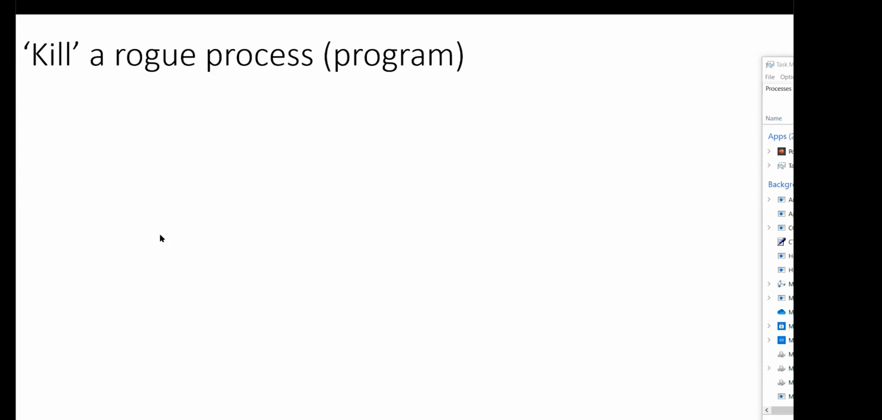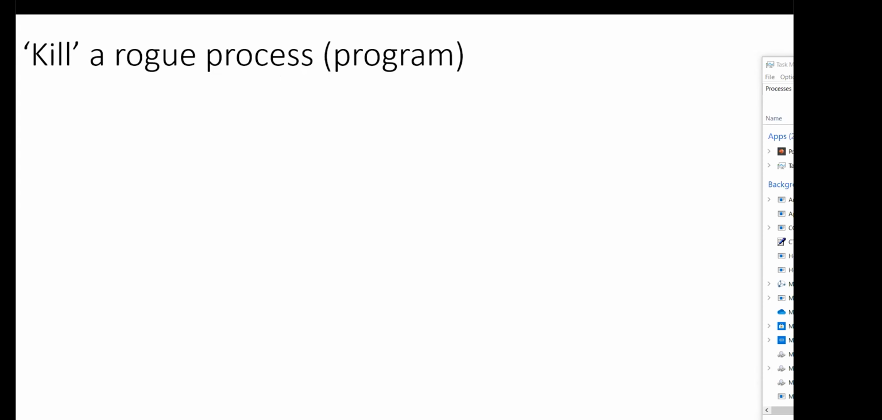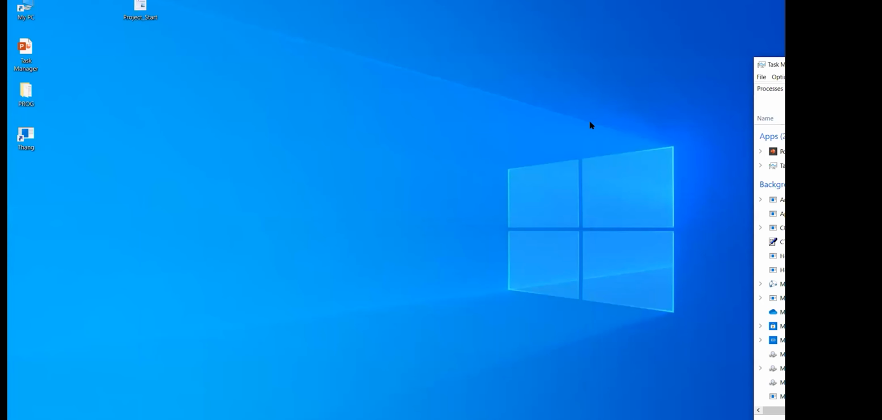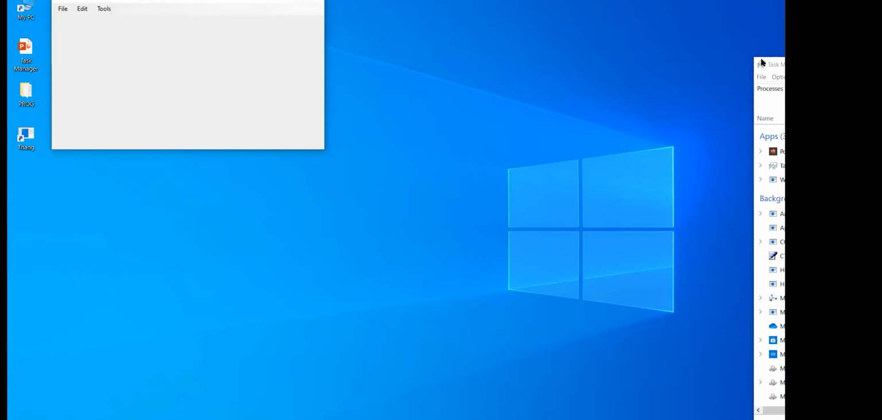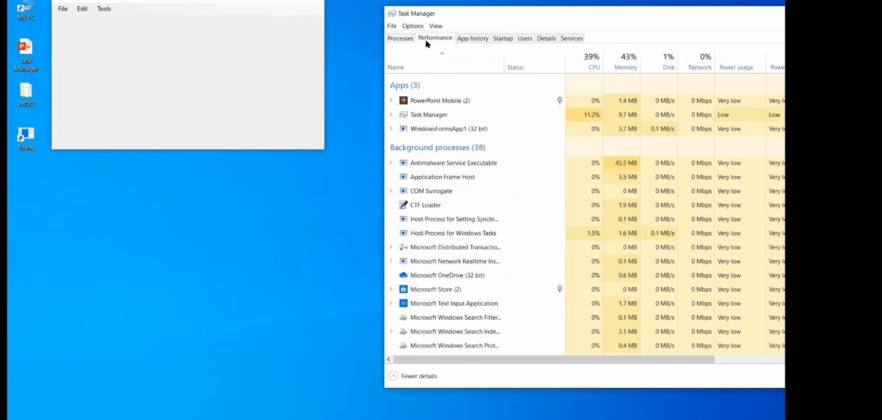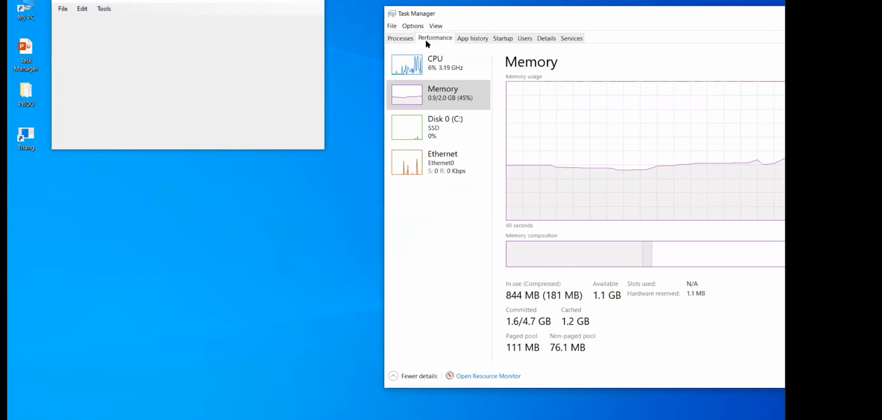So let's kill a rogue program. I will, for just a second, minimize my PowerPoint out the road. I have a magical thing, which I'm going to open up. And I'm going to open up Task Manager at the same time. Now, that thing there,